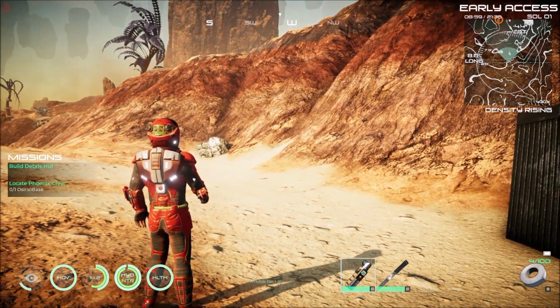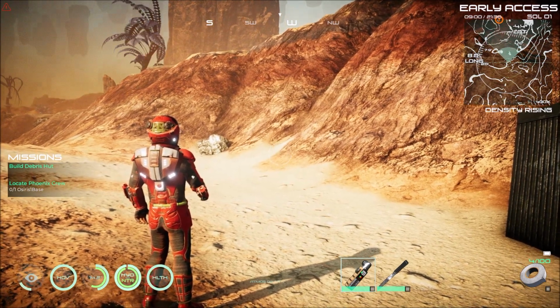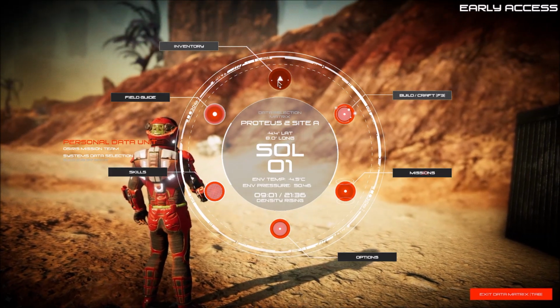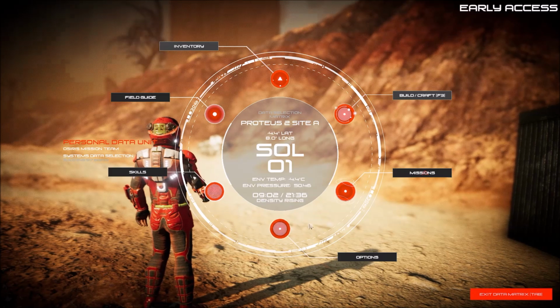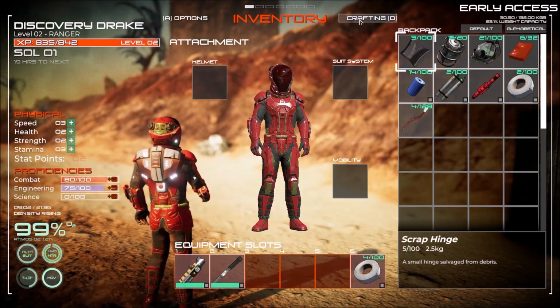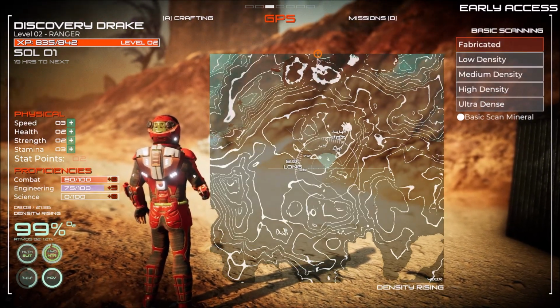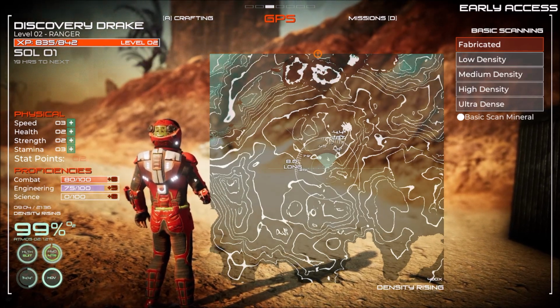Now we have an exclamation point. And the interesting thing is you can't get to the GPS from here. See, we've got to go up here. There's our GPS. All right, so we're here. There's something that way, which I think is the...